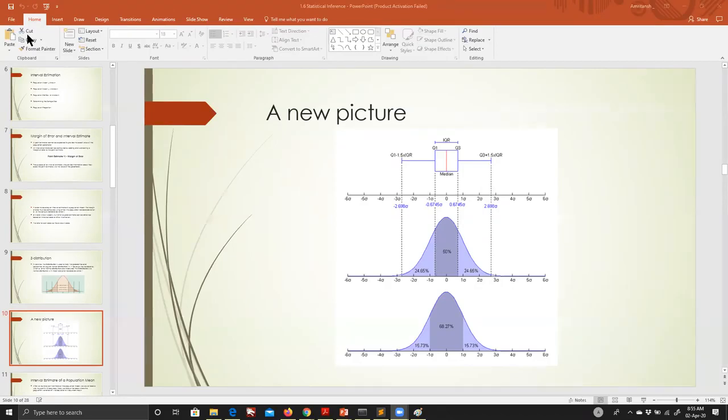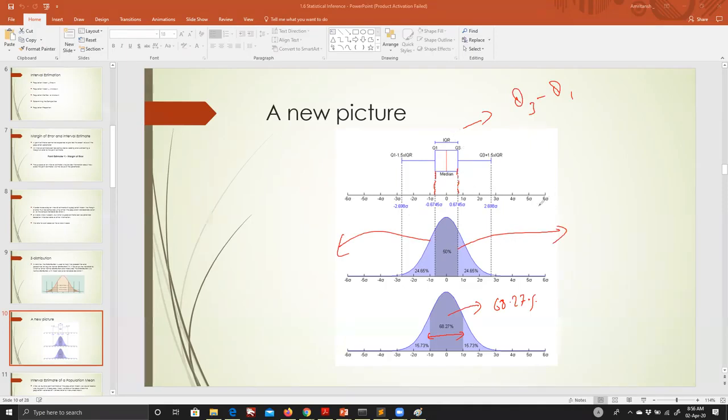So the idea is that because it's a normal curve, if I go from minus sigma to plus sigma, we know it is 68.27% of the overall population, right? What if I wanted to understand the IQR? IQR is basically quartile 3 minus quartile 1. Now the problem is, how do you know where these are? Of course, this is a normal curve, so we can get the values, but the idea is how do you get these values?